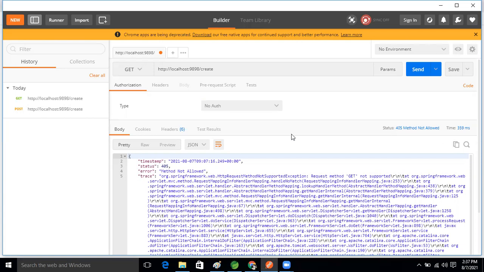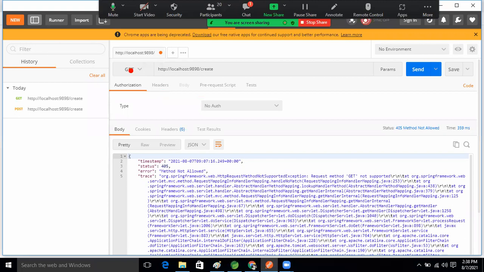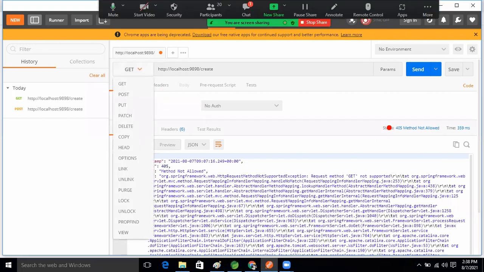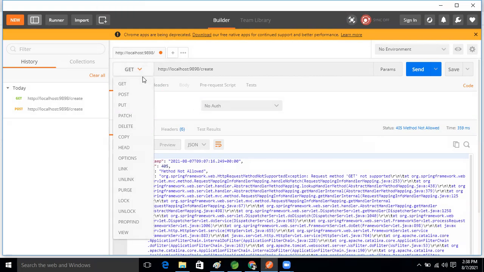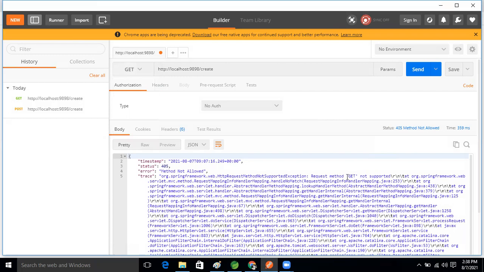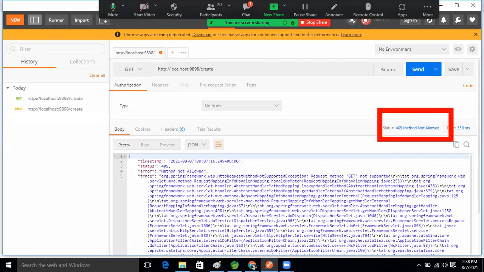Method not allowed means: hey, end user, hey, consumer, your URL is correct, but the method on which you are making the request is not giving permission for this HTTP method to execute. Based on this status code, we can tell that this method is POST, and you are making the request as a GET type now, guys.